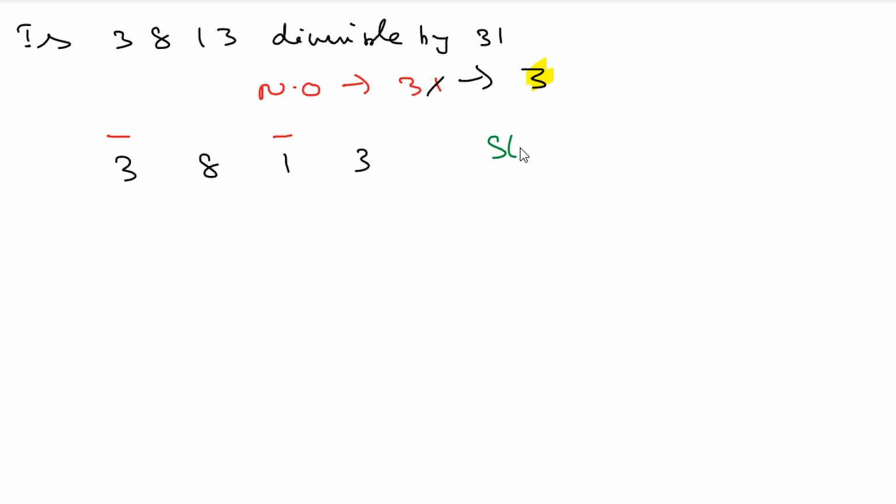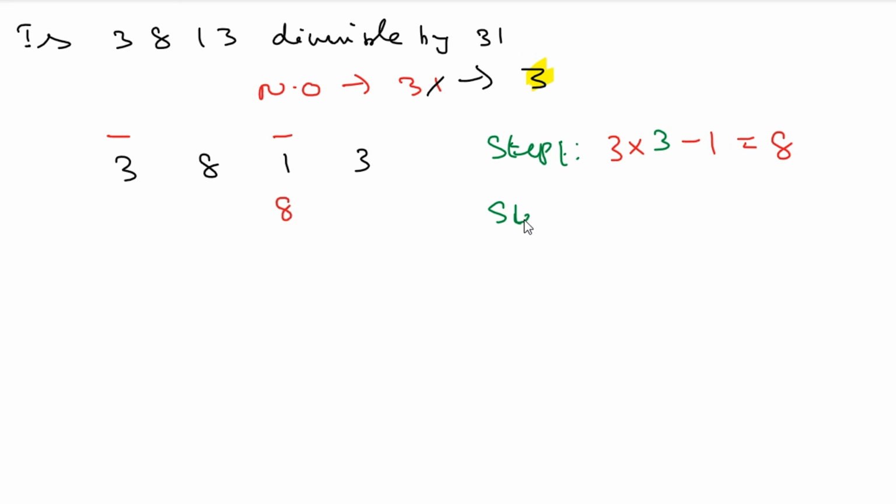Now, come to step 1. Same process as the positive oscillator. First, you will multiply the unit digit of this number, the dividend, 3, into the negative oscillator, that is 3. And this is a negative value or not. Suppose this is positive, you will add, but for a negative value, minus 1. So 3 into 3 is 9, 9 minus 1, that is equal to 8. You will write down 8 at the bottom of 1. That is the first step.